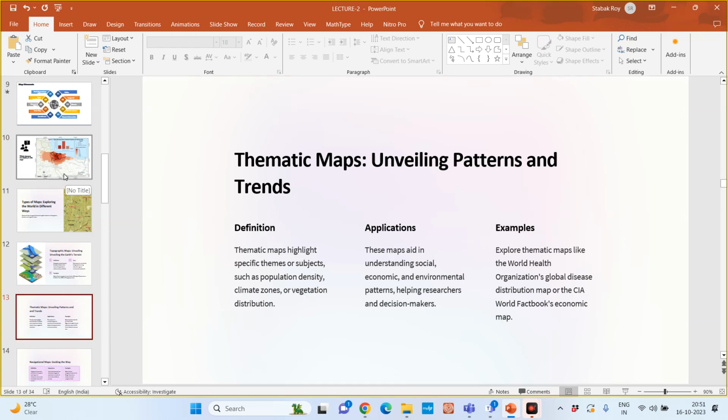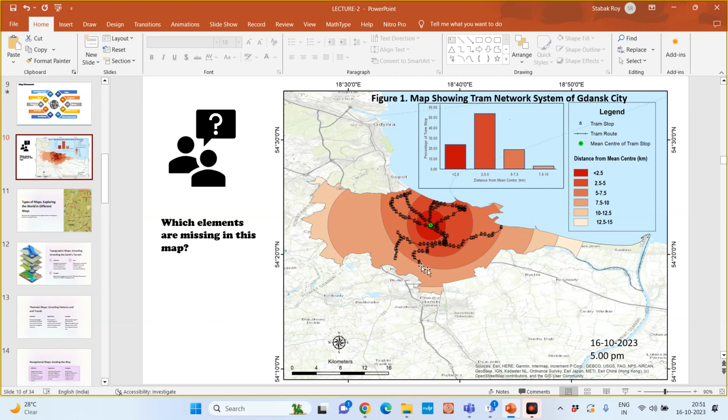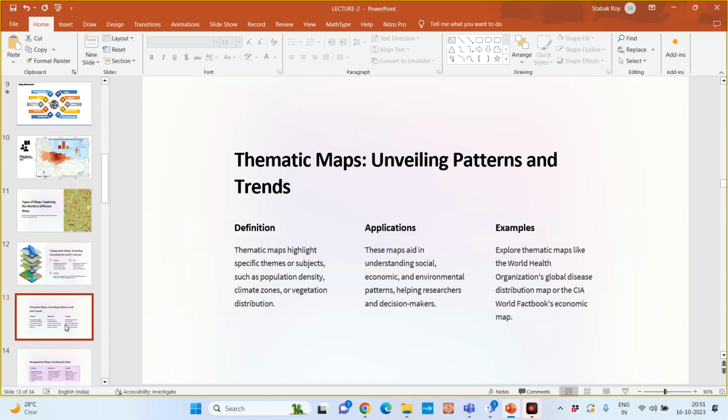If you look into the map, if you draw one line, north, east and west, you can easily classify and discuss which side has more railway stations and which area has less, because it is based on your purposes. Okay,